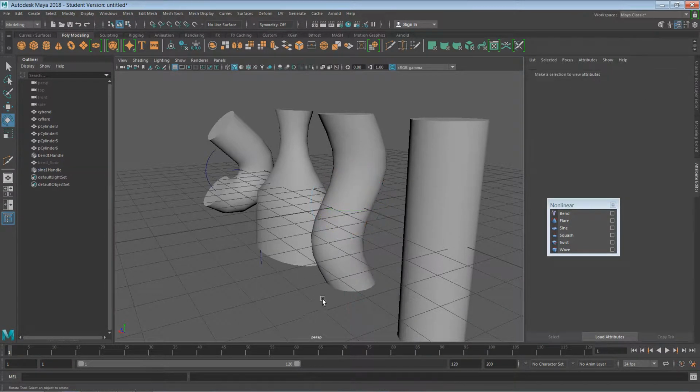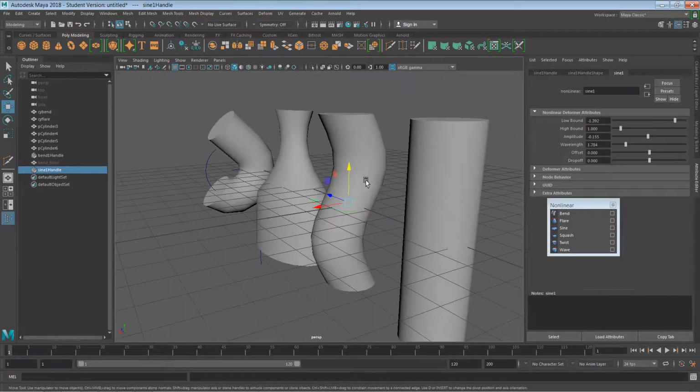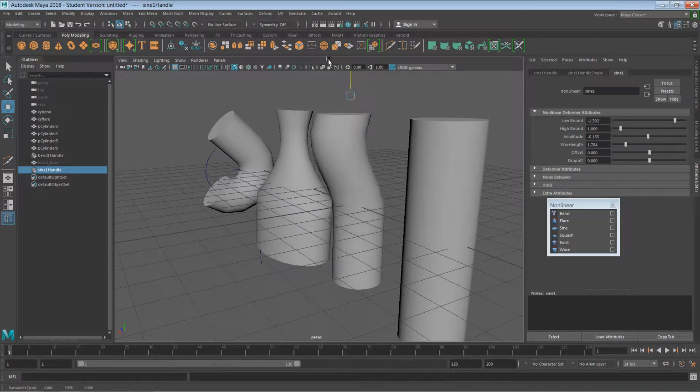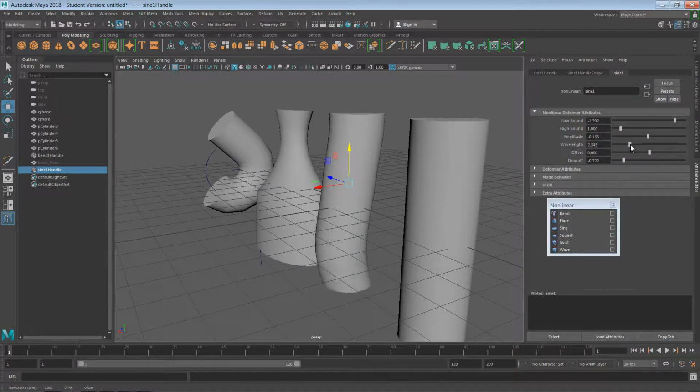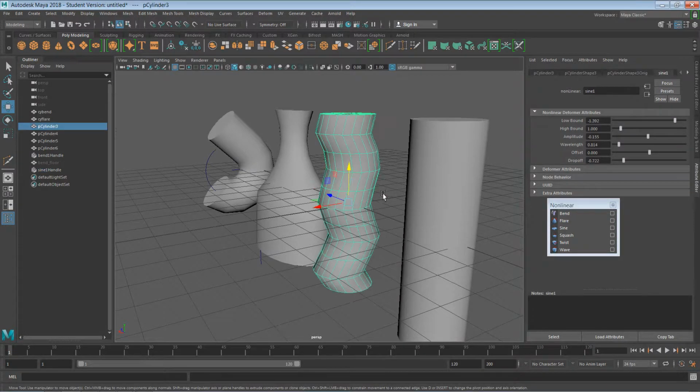And maybe you kind of want this thing to be doing this sine wave thing standing in place. You can always just play with the sine handle, move, yeah. Just move it up and down based on where it is, and you just get your sine wave. You have drop off as well, which controls how much. Offset, wavelength, if you want more of a wavelength, right? And if I press 3 and get my smooth shape,